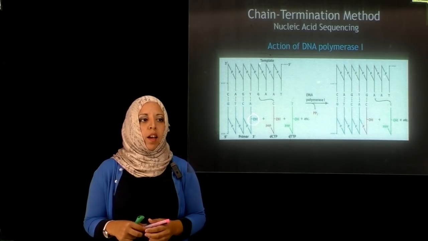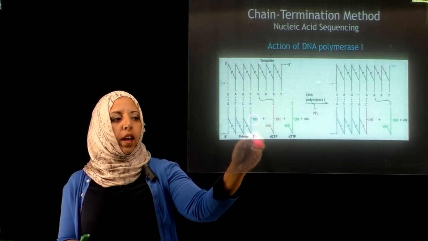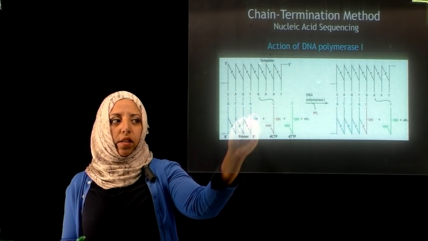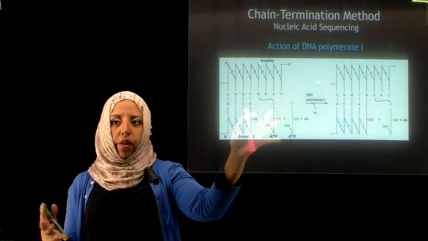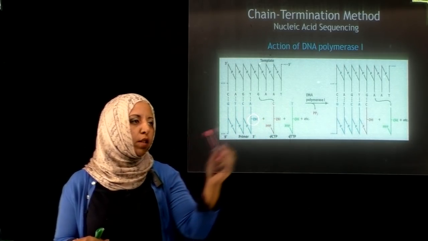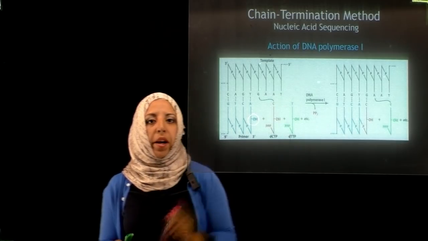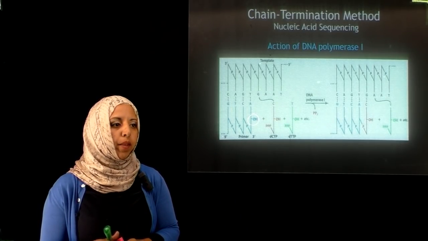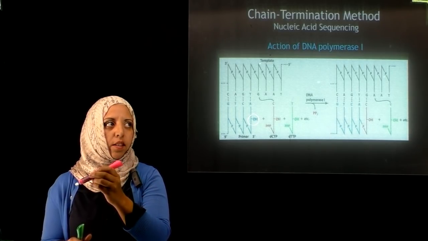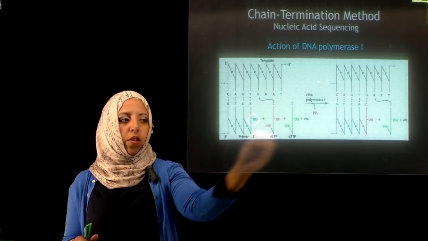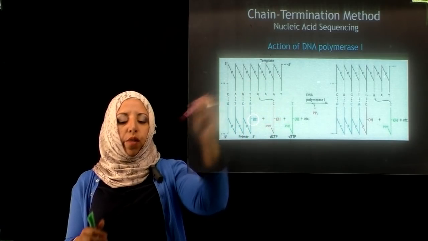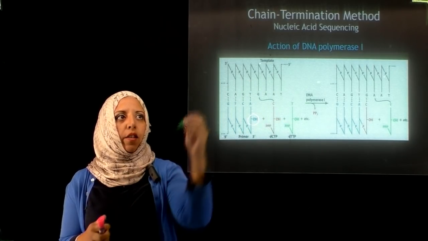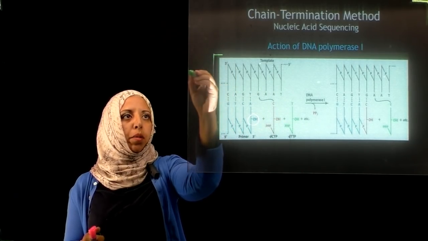The nucleotides are added to the 3' end, to the free hydroxyl, forming a phosphodiester bond. That reaction is catalyzed by an enzyme known as DNA polymerase, and synthesis takes place from the 5' to the 3' direction. So if we have a DNA of interest, which we'll call our template DNA,